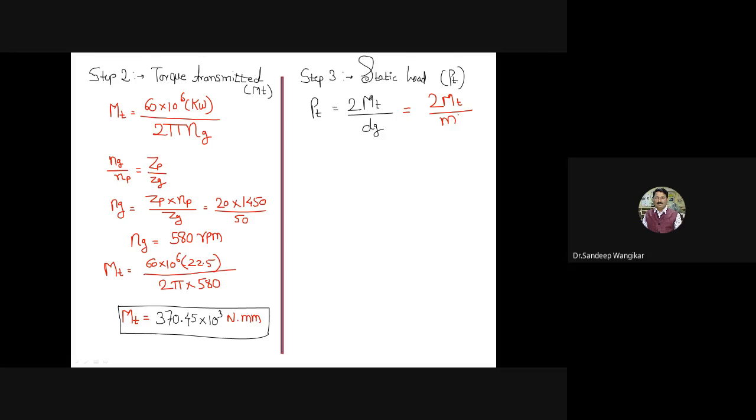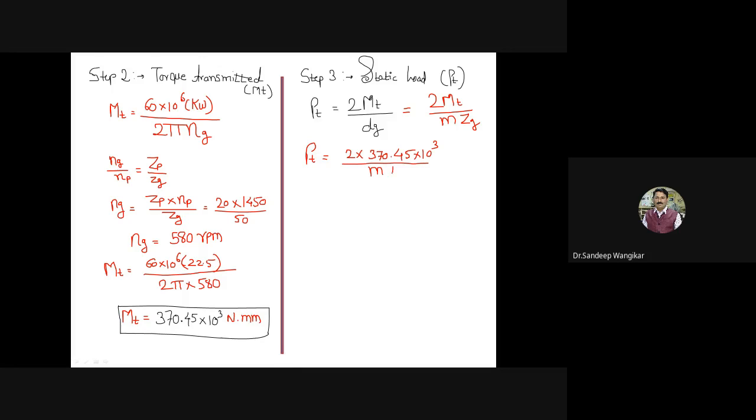So DG is nothing but M into ZG. I will substitute the value here, M into ZG. So I will write down then PT is equal to 2 into 370.45 into 10 raised to 3 divided by